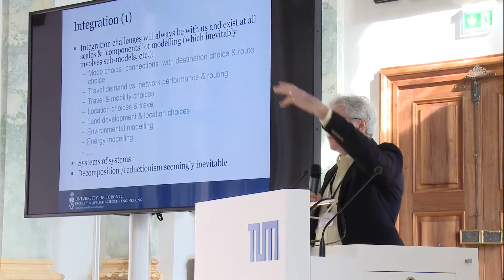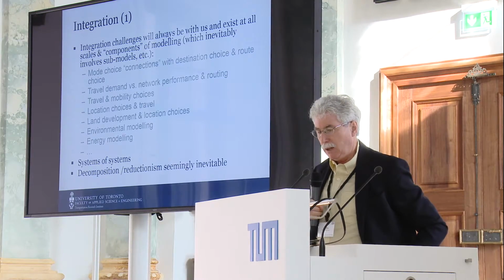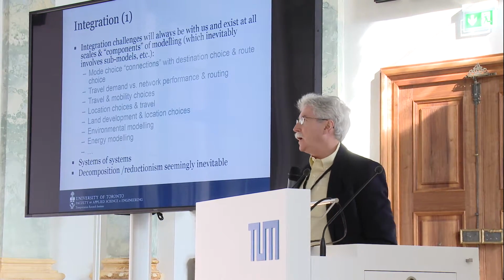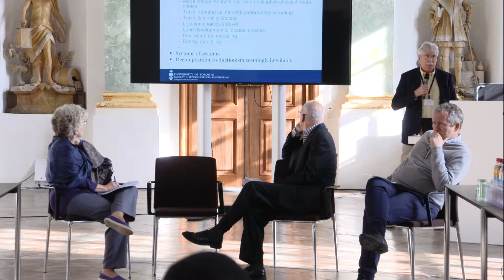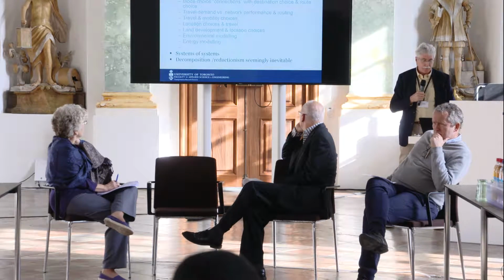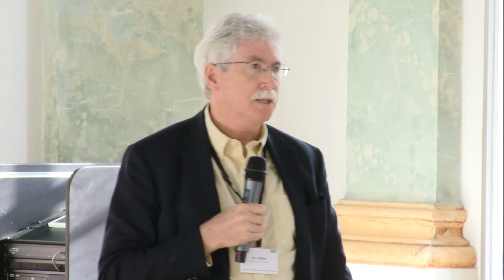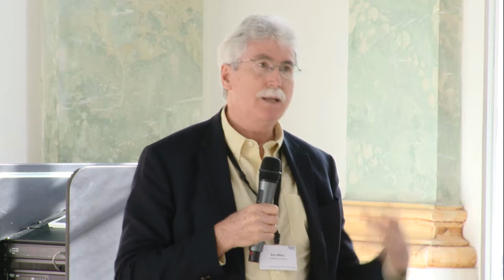I mean, how do we represent these things? Inevitably we have all these things we piecemeal out, even within travel demand. So I don't think that challenge is going away; it's with us forever. And as we go into land use, environmental models, and energy modeling, we're looking at systems of systems, and I think the only way we can handle these complex systems, in my view, is through decomposition, a reductionist approach. We piecemeal it out to solve individual problems, but then we have the problem of stitching these back together again.